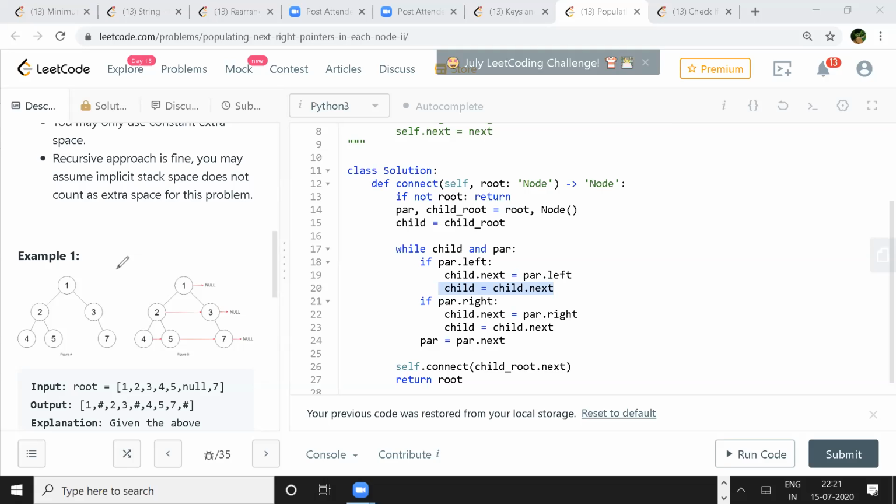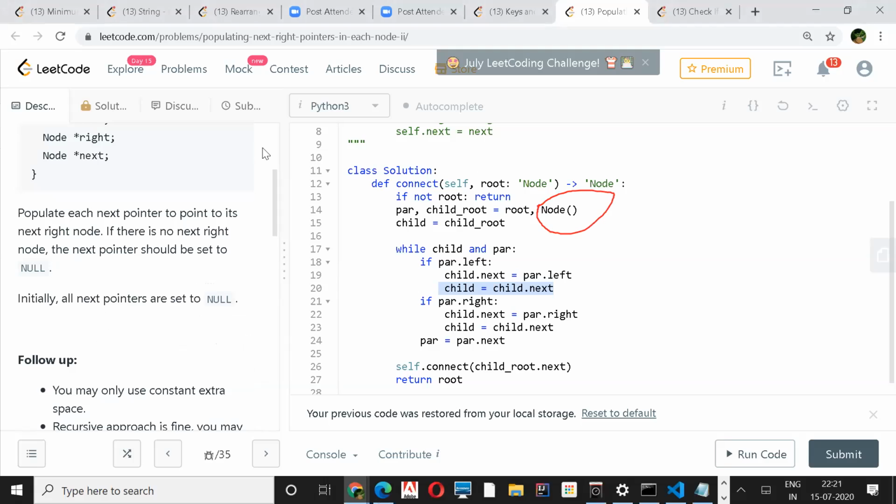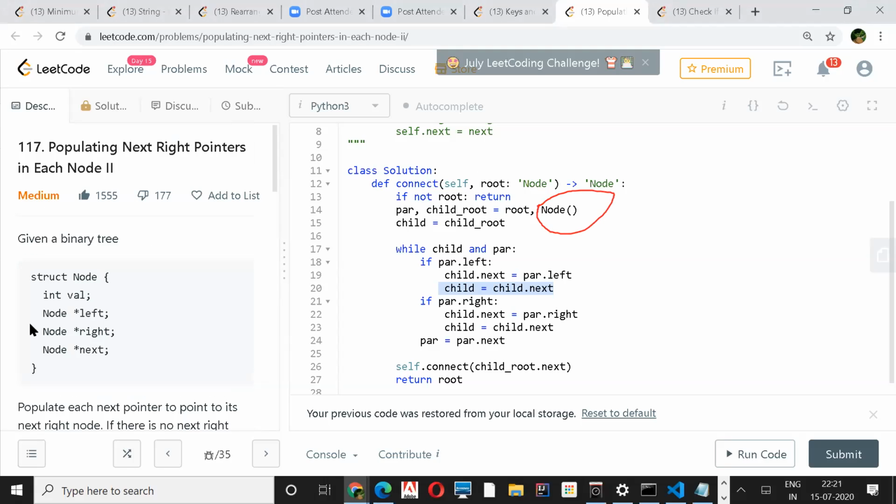And in line number 14, you're declaring, initializing child root with a node, right? What will it have basically? It will create a node with this definition. Okay, now I see what you mean. What will be the value for that? The value for this dummy one. It will be a dummy node. It's all null. Yeah, it's a dummy node. So we are not passing it.